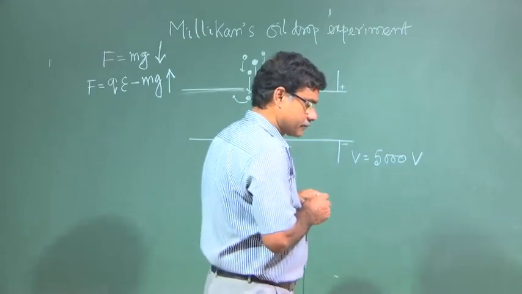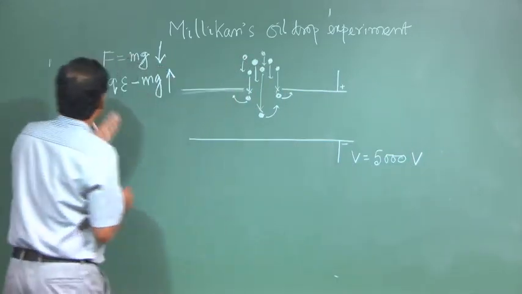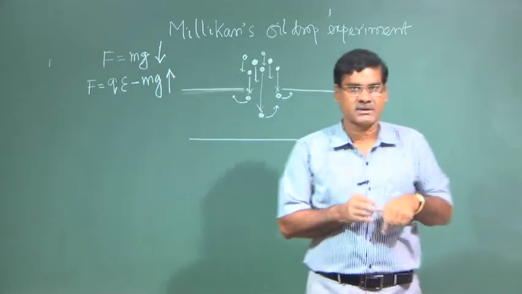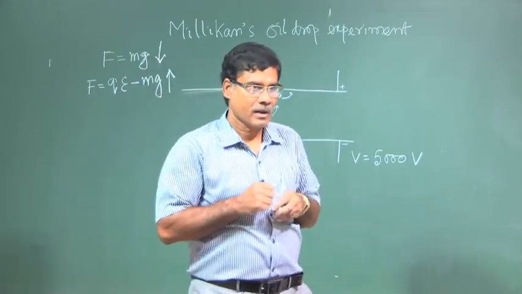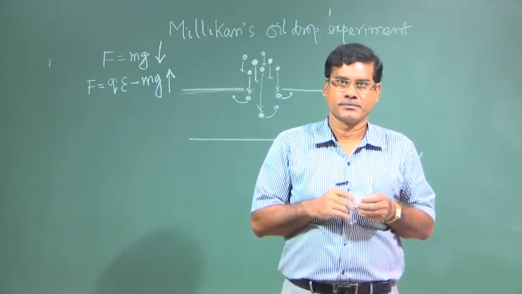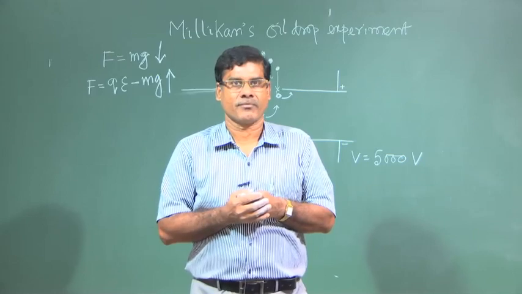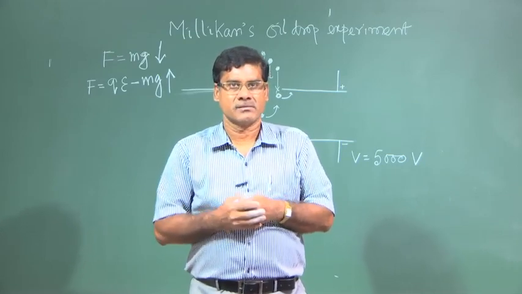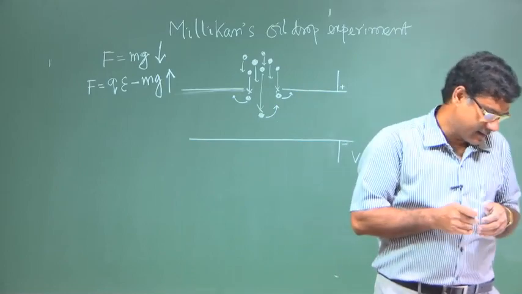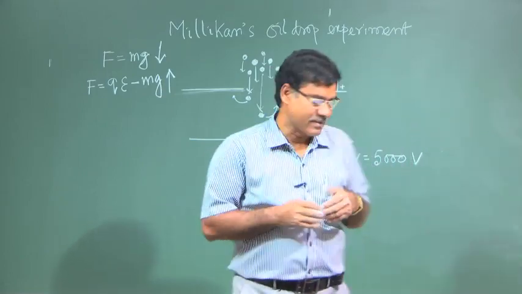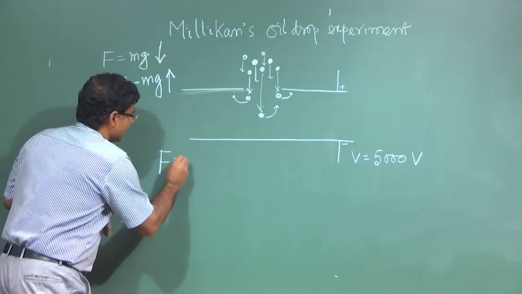Anyway, when there is no electric field, the mg force is acting downwards, and it is falling through a medium, an air medium. When any particle moves through a medium, there is a viscosity of this medium, and it reaches a terminal velocity. This is the Stokes law, and if that velocity is v1, this force is acting, F equal to mg,